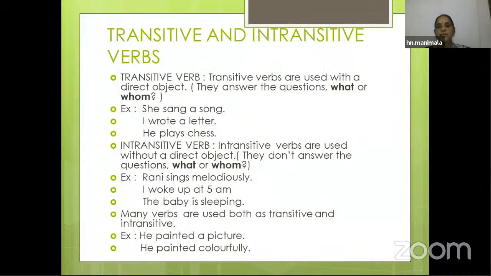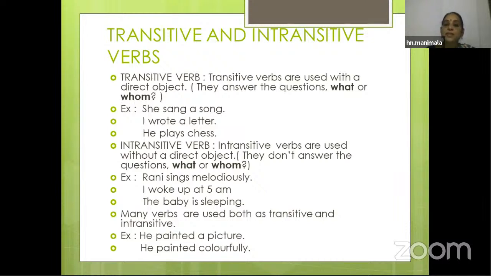Next topic. What is the next topic given there? Transitive and intransitive verbs. There are verb patterns given. You have been given verb patterns in every unit. After the lesson in one unit, one type of pattern is given. You need to practice it because you have it in the examination. So transitive and intransitive verbs. You should know how to do that exercise because they ask you to use them. What are transitive and intransitive verbs that you have to know?